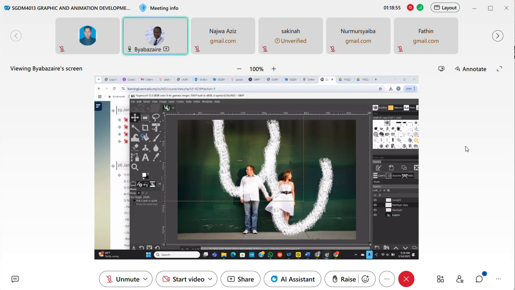Because now it has become bigger, with so many layers, it takes a bit of time, but the default file format will be .xcf,